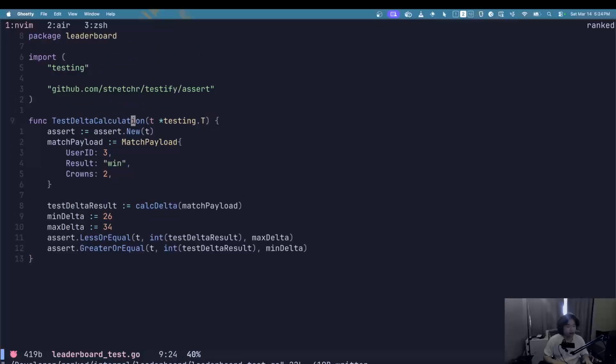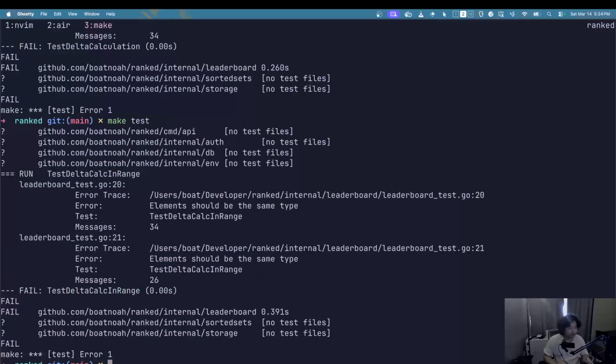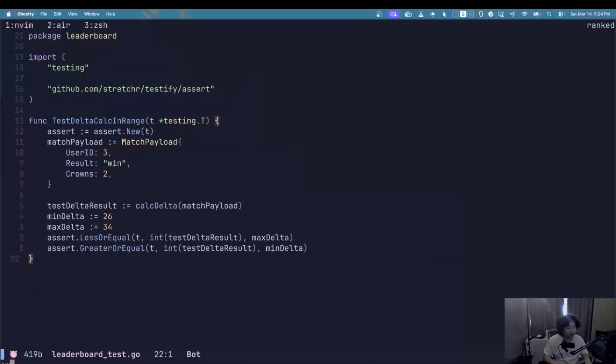And we'll just test delta calculation for test delta calc in range. Okay, so I keep getting something about the same type. I don't know why it's bitching about that. This is an int.